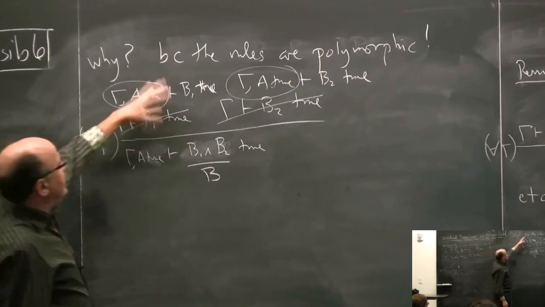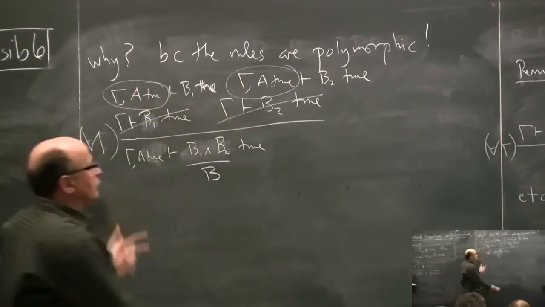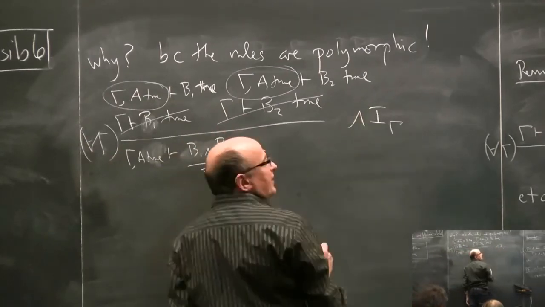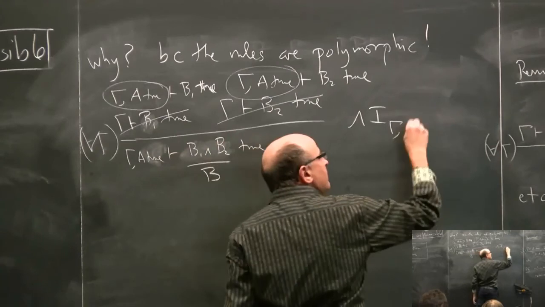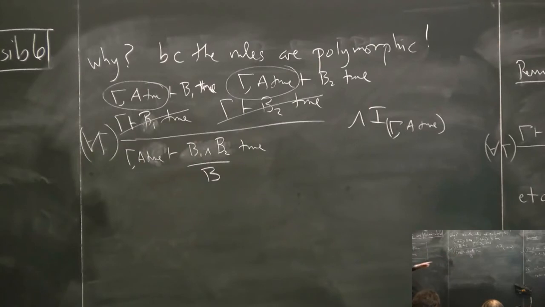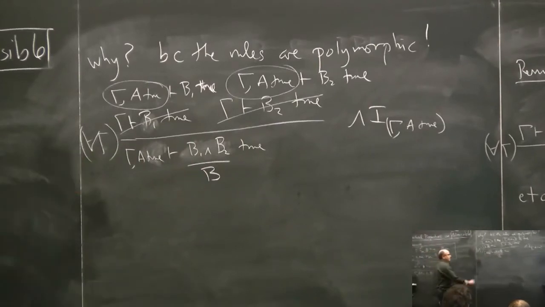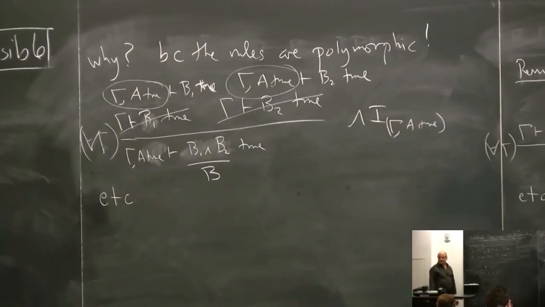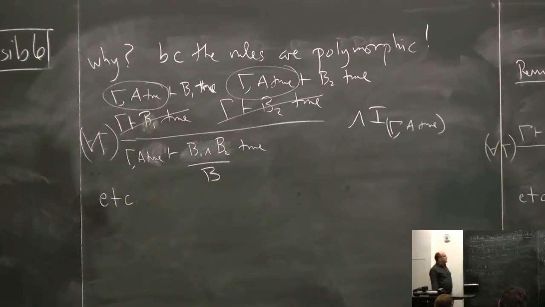So if I inductively weaken the premises, then I can reapply the rule. When I reapply the rule, it used to be applied to gamma. I will now apply it to gamma with A true because it holds polymorphically. So when I instantiate it, I will get the conclusion in this way. And then you just say, etcetera. All of the other rules go the same way, except there's an issue of the order in which you do the lemma, so you have to be very careful. The way I wrote this, the weakened assumption has to be last,